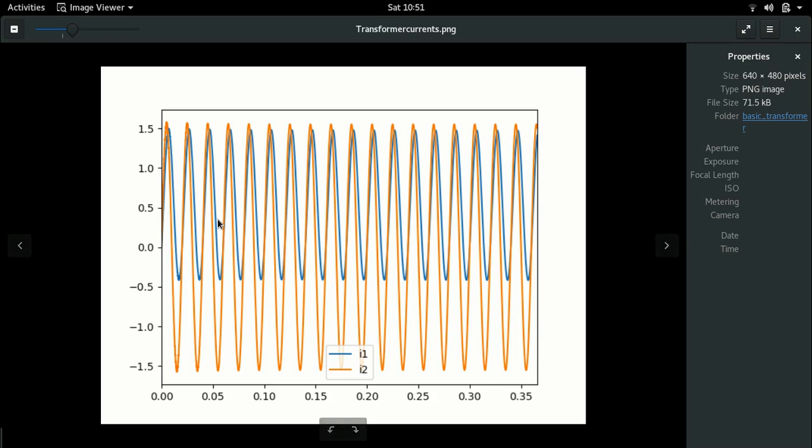This DC offset is not a bug, right? Whenever you turn on a transformer, there is going to be a DC offset, and this DC offset will decay with time, right? Now what I'm going to do is,